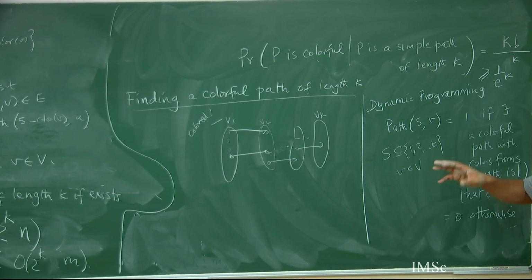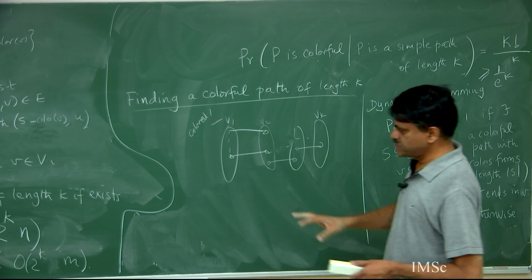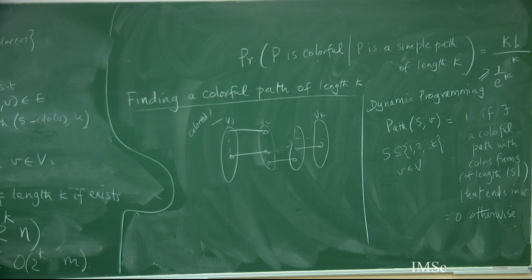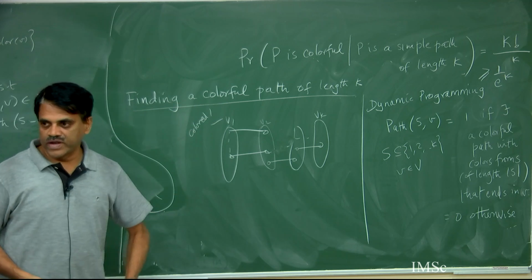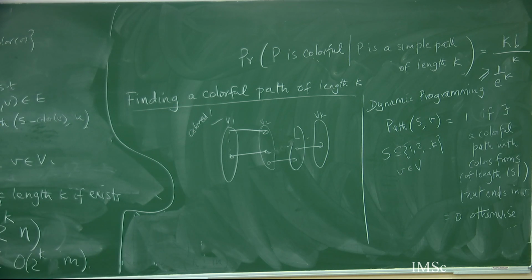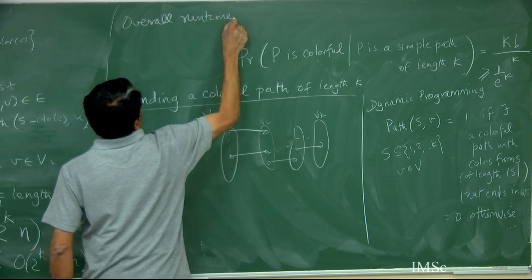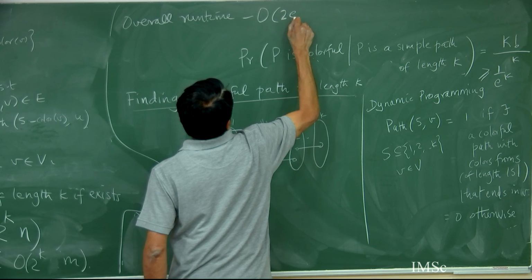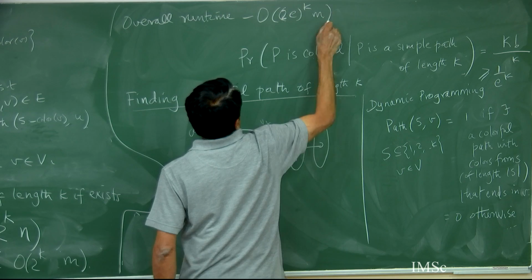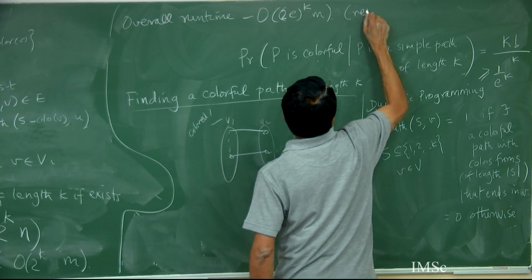Okay. So this is slightly different from the earlier algorithms, because in the earlier algorithms each step was simply polynomial time, but here we allowed ourselves an FPT running time. But the number of times we are going to repeat is e power k times. So overall running time is 2 power k into e power k. So it is (2e) power k, still better than k factorial, right? So overall run time, because we are repeating